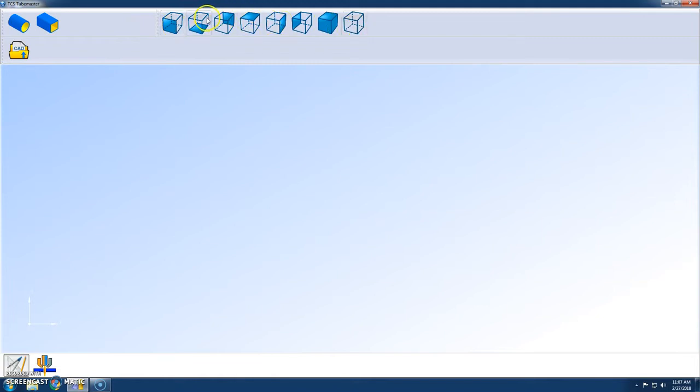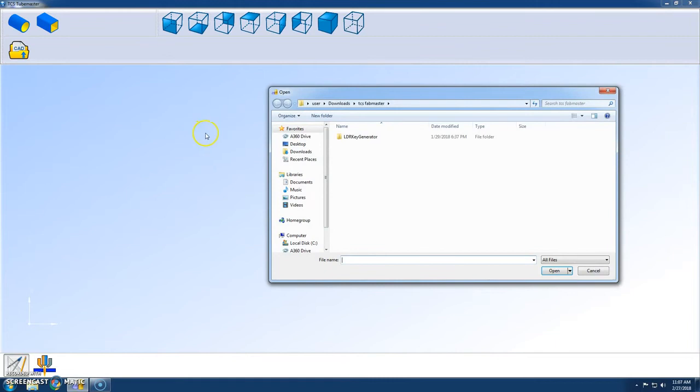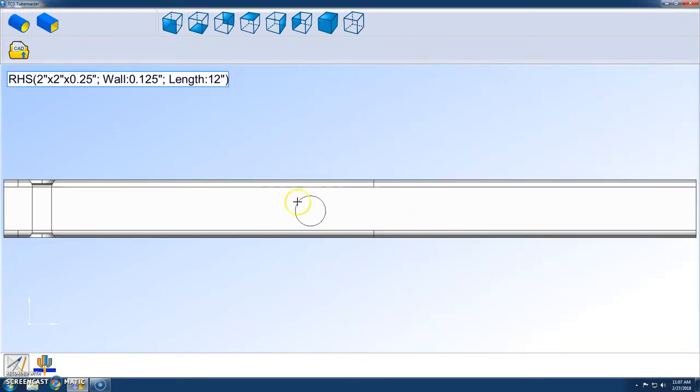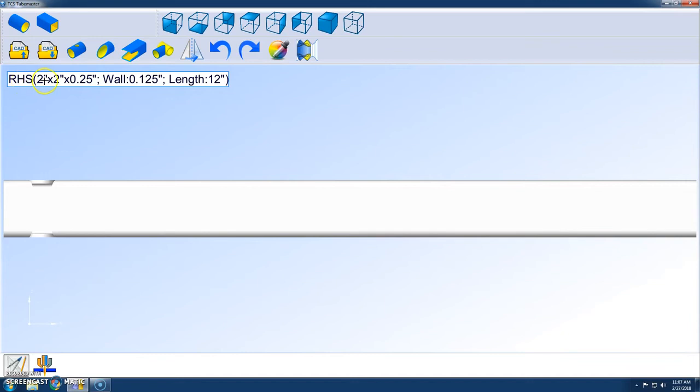This covers all of our views, our different viewpoints. We can also, of course, orbit view it. So let's do an example of importing a CAD. So we choose CAD. I go to somewhere I have a 3D model. So there's part 1. It's a step file. I choose open. My part shows up. It tells me here what it is. It knows that it's 2 inches by 2 inches